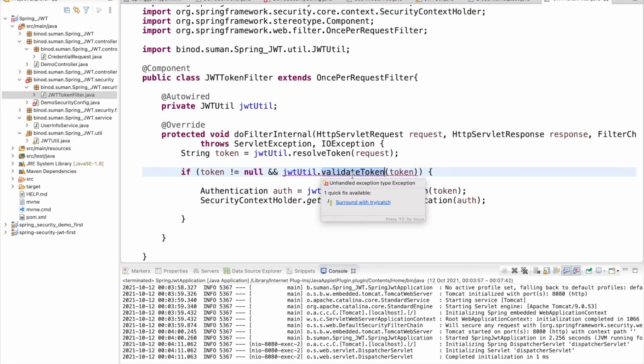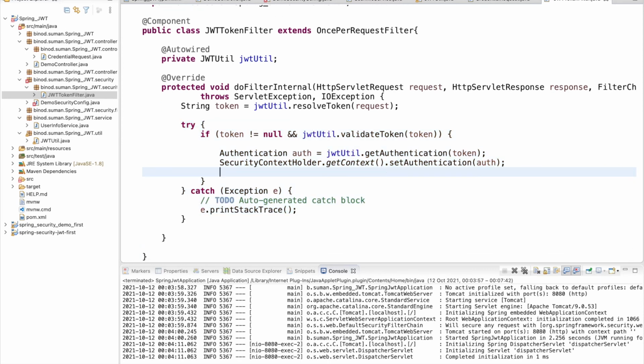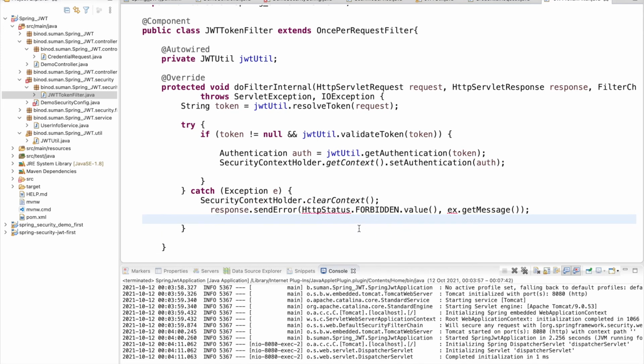And you have to use the try catch, because that validation method needs the try catch, right? And this is the way you can validate these things. And if any exception is there, we have to send the error message that we got some exception. So you can understand that if some exception is coming, it means the token is not correct or something. And this is the filter.